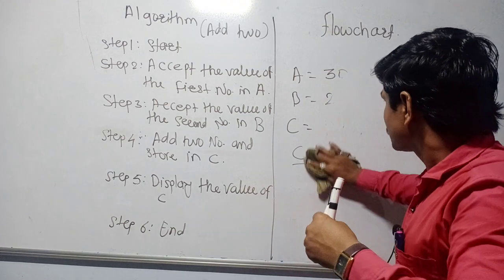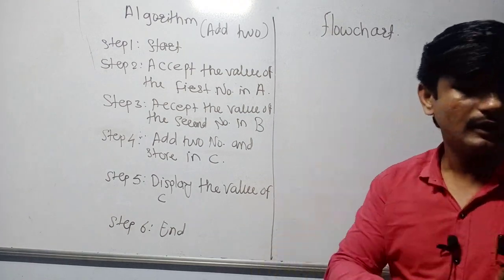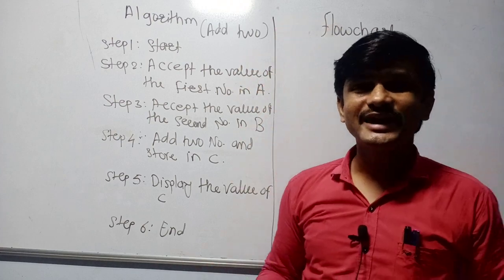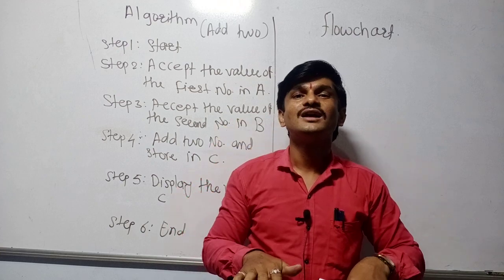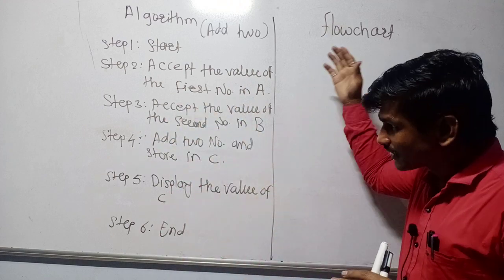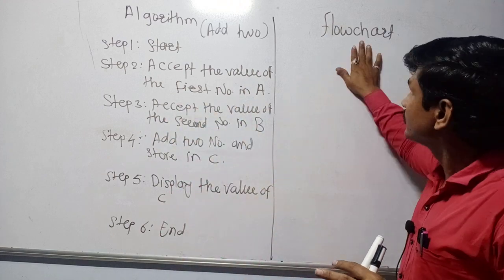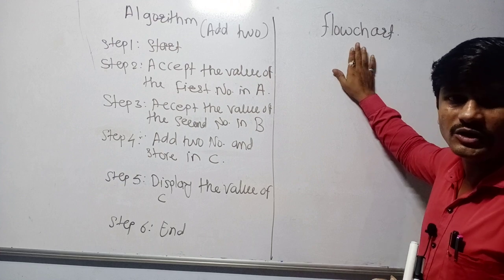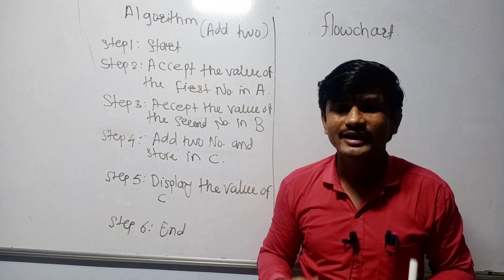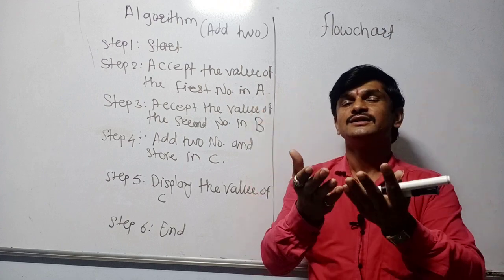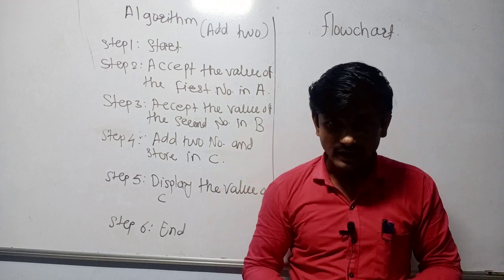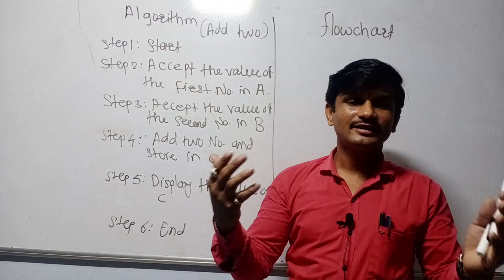Okay, now next we have written the algorithm. Now we have to show the flow. Flow means how to go, which line will go where. All these things will be represented with the help of a flow chart. It depends on some symbols. Do you know all the symbols? They are the diamond shape, rectangle shape, parallelogram, and flow line. These are some symbols.